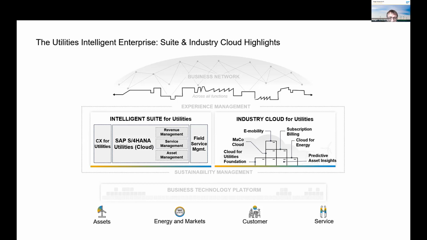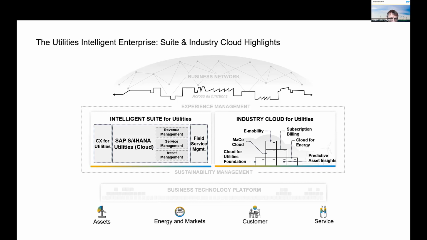But let me just spend a few words here on the Intelligence Suite for utilities. You can see numerous applications, such as the customer experience part with all the sales, service, marketing pieces. And again, by no means is this separated from S/4HANA utilities that can be deployed in an on-prem or cloud environment.